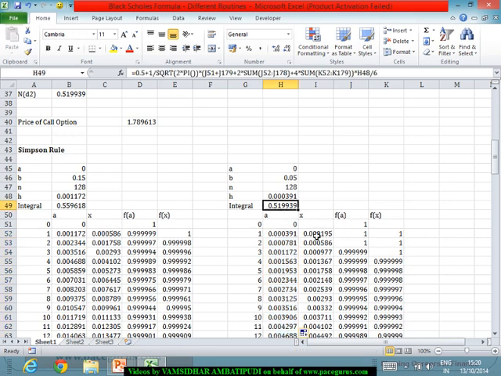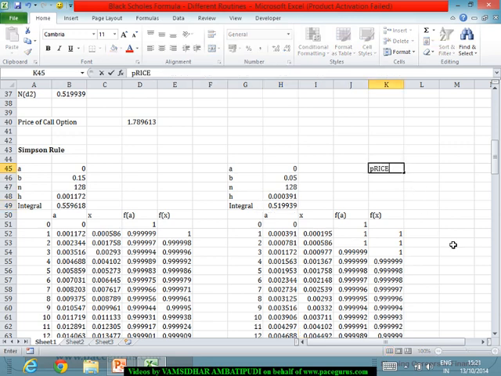And here I am seeing that N of d2 is 0.519939. So using this, probably I can very well compute the price of call option through this mechanism,